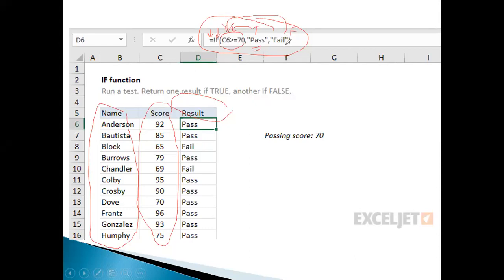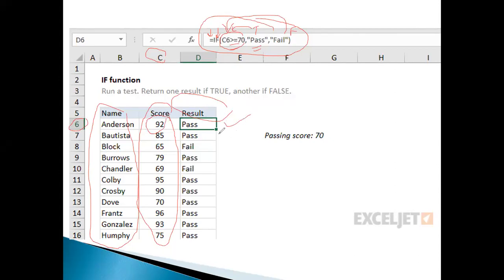Now if we apply the condition to C6, this is the C column and 6th row, it should be greater than or equals to 70.